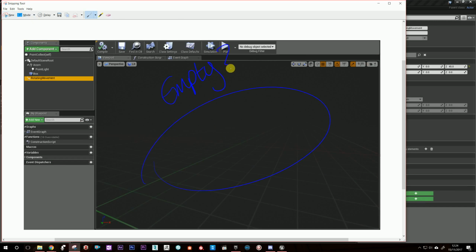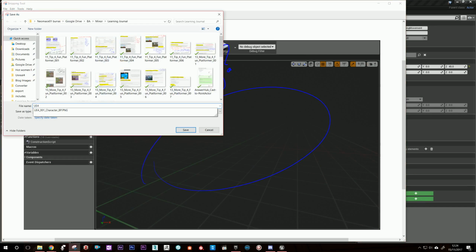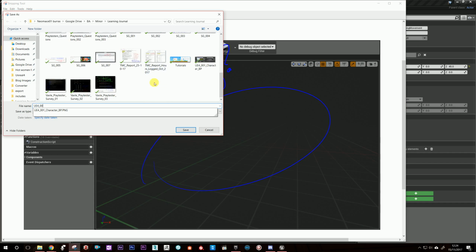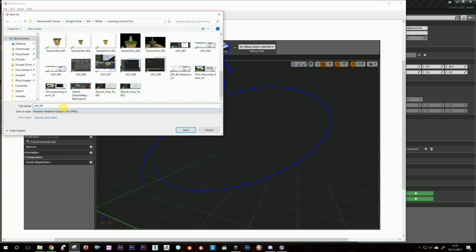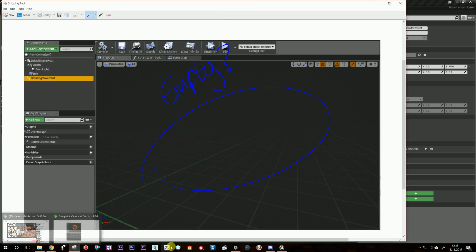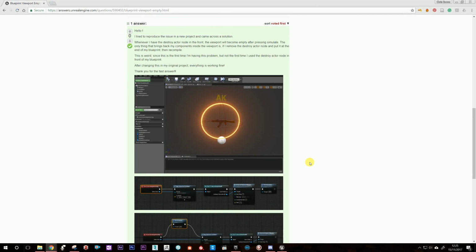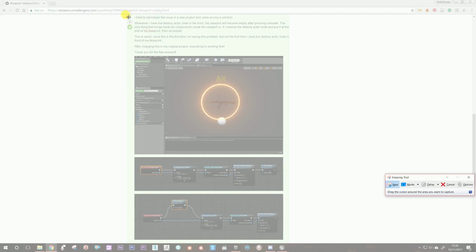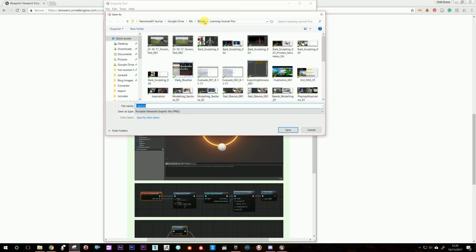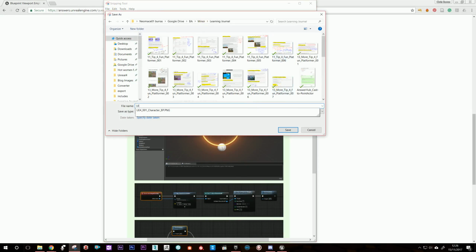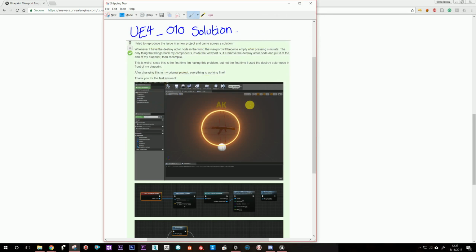It seems to be just with the destroy actor node. There was a thread that I was reading just before, which was, if the node is put at the end of the event graph, then it doesn't cause a problem. Now, I found that it still caused a problem, no matter where it was. So I've just decided that'll just be the last part of the process. You just put the destroy in, because once the blueprint's written, in theory, it shouldn't need to be changed